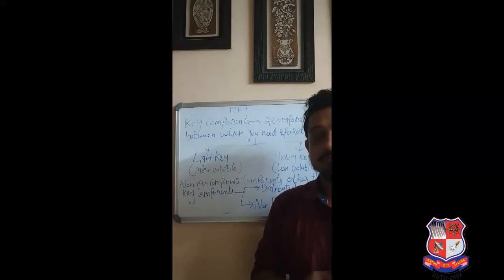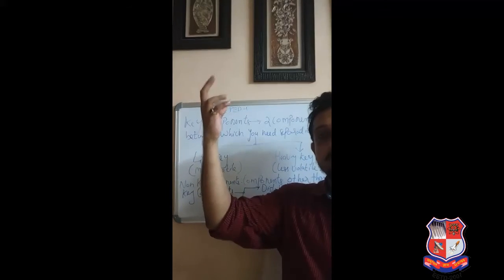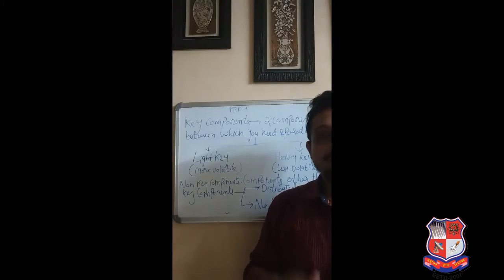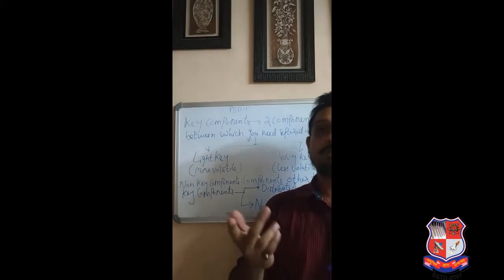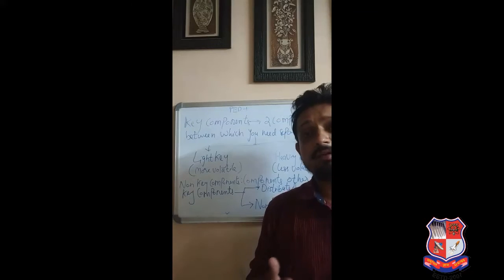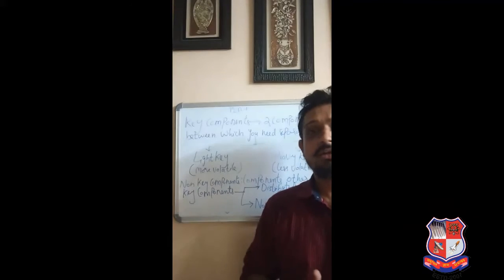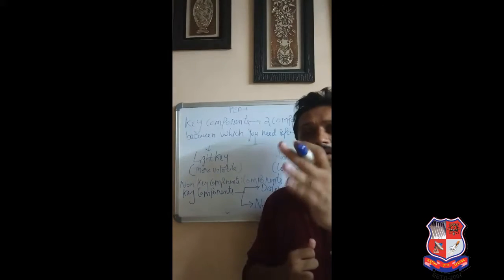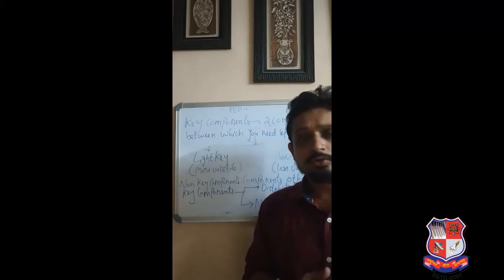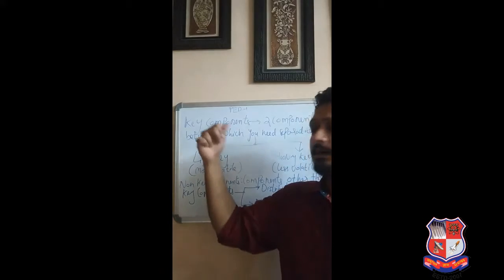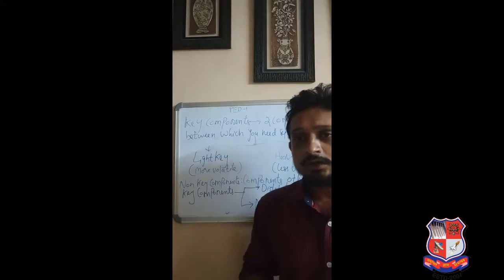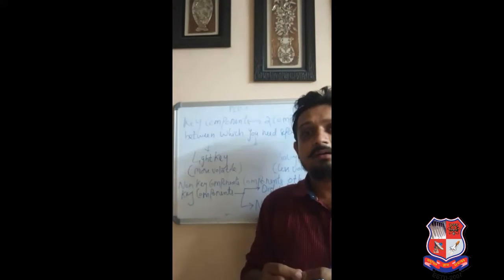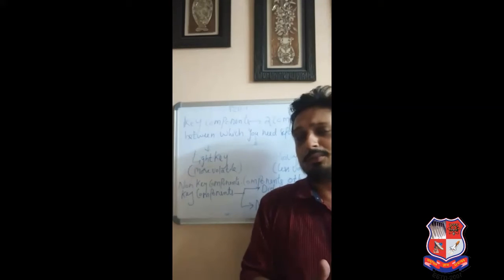will be at the bottom. If you are separating a binary mixture like A plus B, you will get one component at the top and one component at the bottom. So you are clear that you want separation between A and B. But if you have a number of components A, B, C, D, E, F, G, you are not clear between which two components you want a specific separation. So for these cases, key components are very important. They give you a basic idea of between which two important components you need separation.